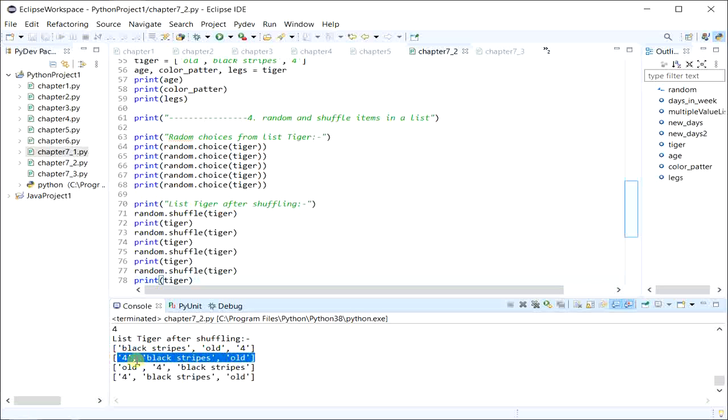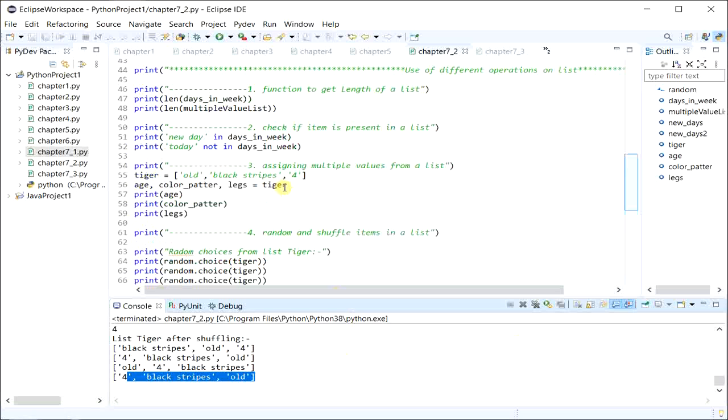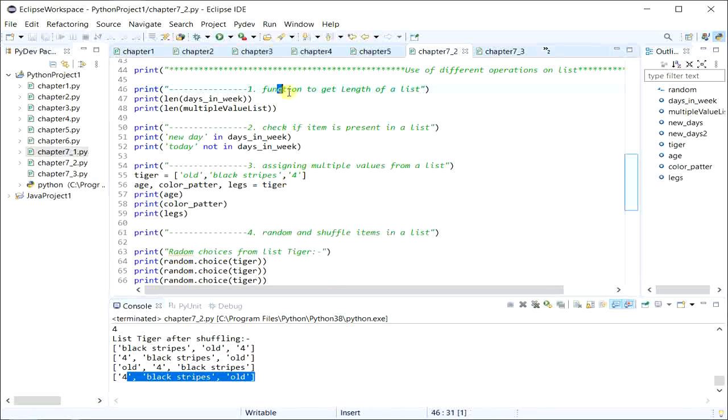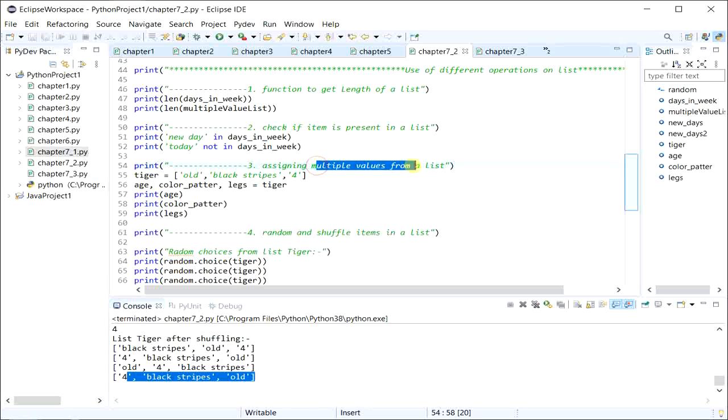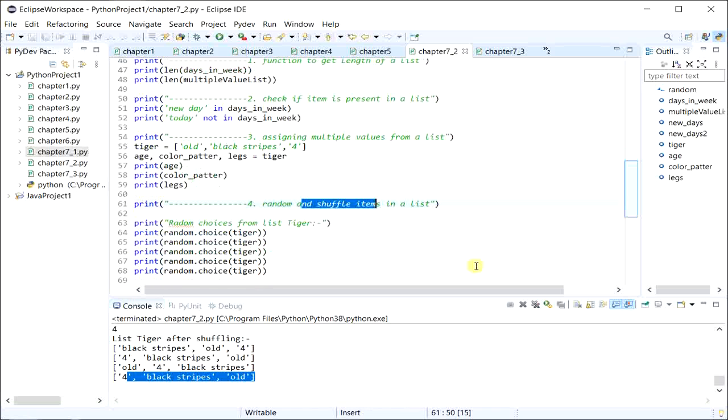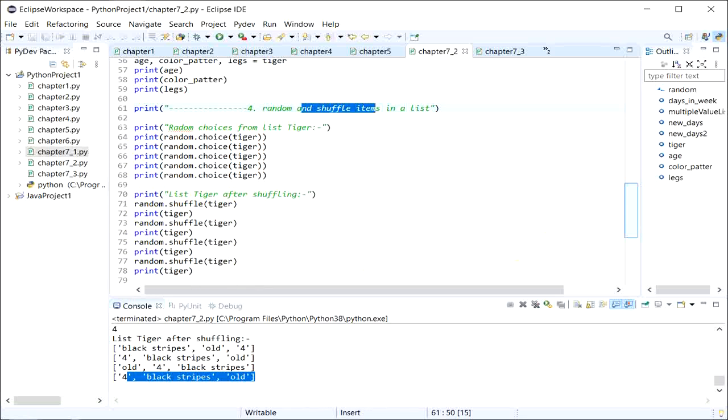So each time you shuffle, randomly the items in the list will be rearranged. So these are the 4 operations which you can have on a list: identifying the length of the list, checking if an element is present or not, assigning multiple values from a list, and random shuffling and getting a choice or a particular item from the list.